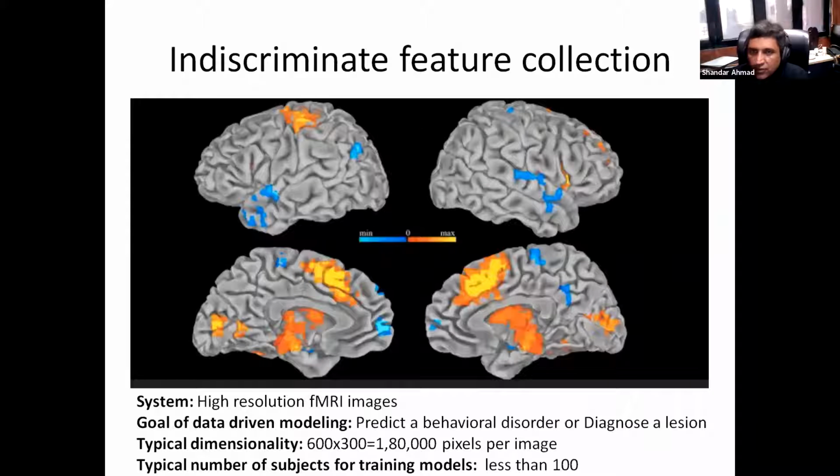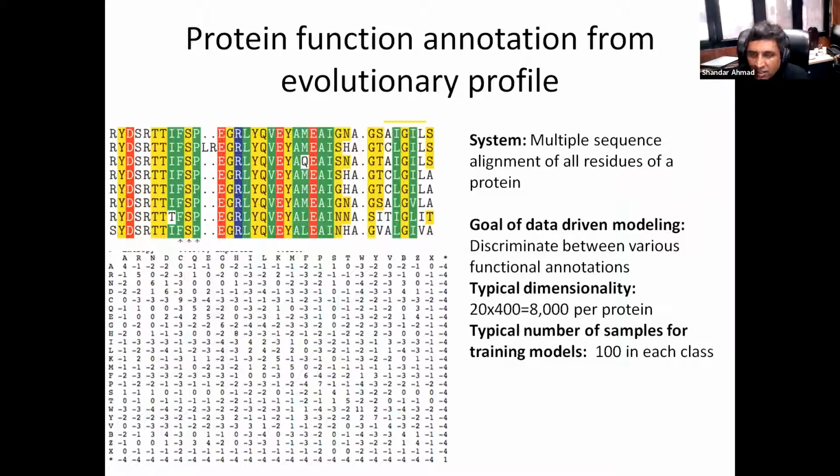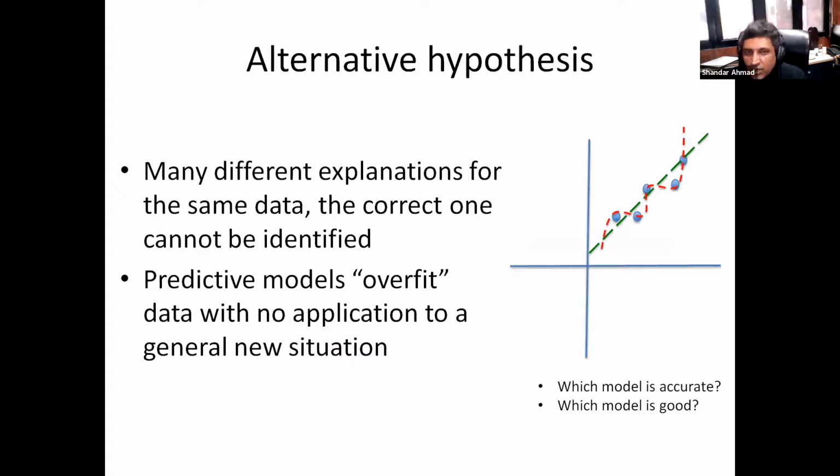Like, we were working on one problem where we wanted to relate the lesions observed in MRI to linguistic deficiencies. So we had less than 100 images. The same is true for gene expression data analysis. In all these cases, if you look at co-expression, you have millions of dimensions and just a few hundred data instances. So the number of data instances is fewer than the number of